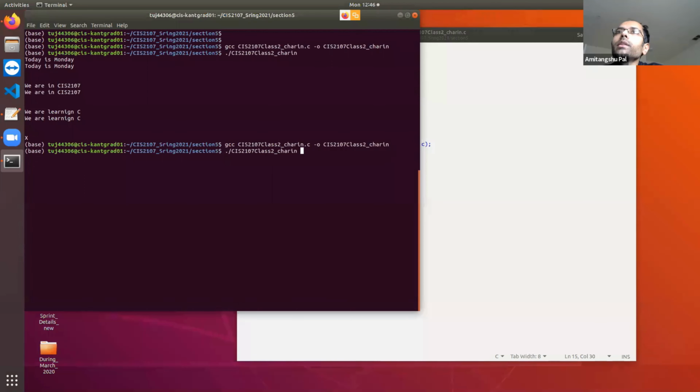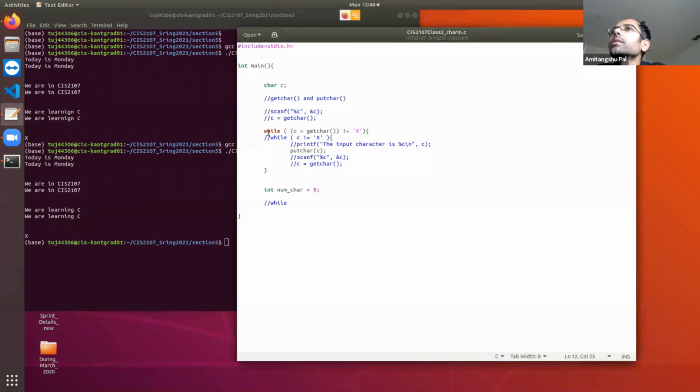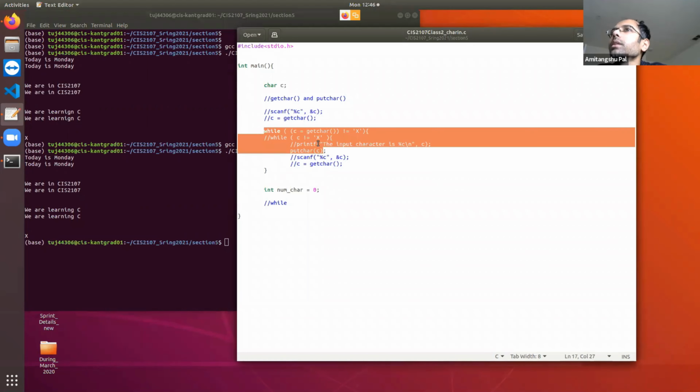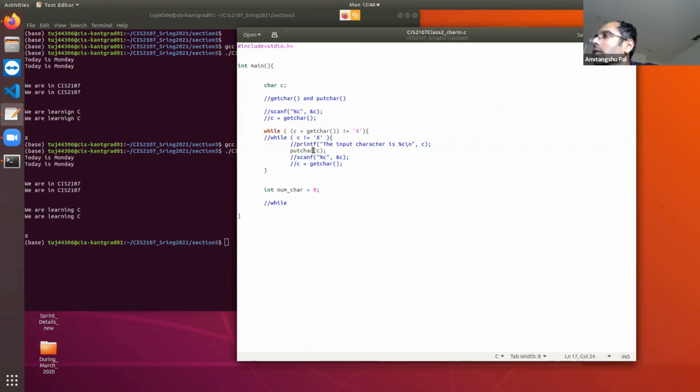And if you compile it, it is going to do the same thing. Today is Monday. Okay, we are in CIS 2107. Learning C, and then exit. Okay. So basically, it is imitating the same thing, but in a very shorthand way of writing it.